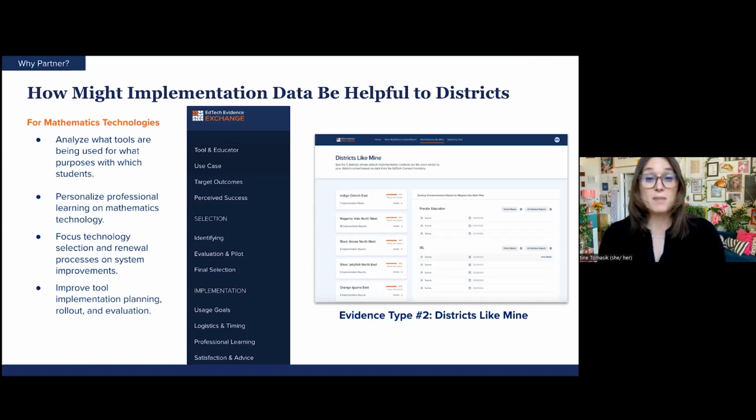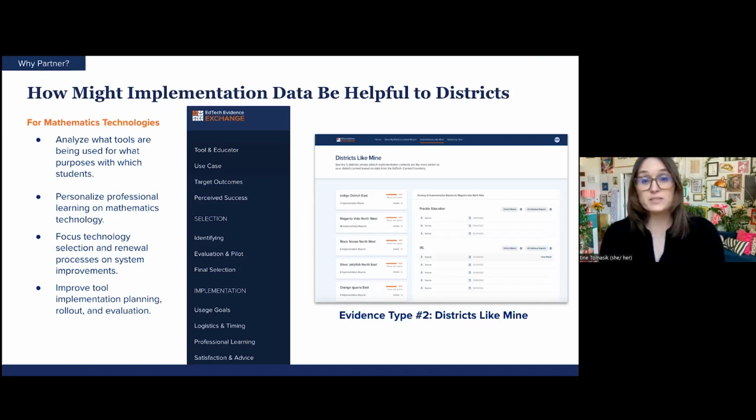Our platform will match your district to other districts by matching data on the 10 variables in the first survey, that context inventory. Clicking on districts like mine in our Exchange platform is how you can review the math tools that other educators who work in a similar district context to yours are using.